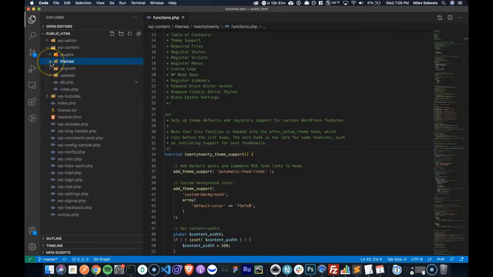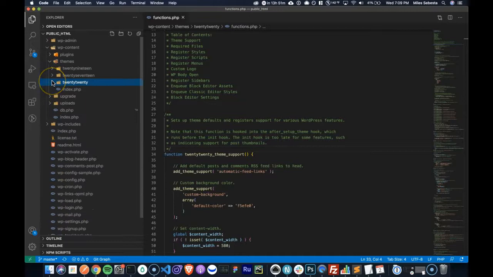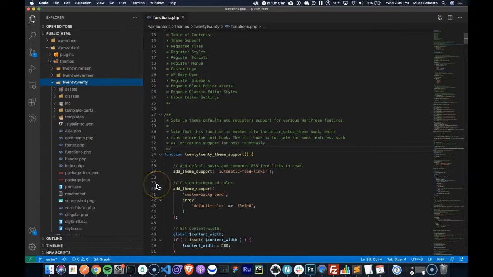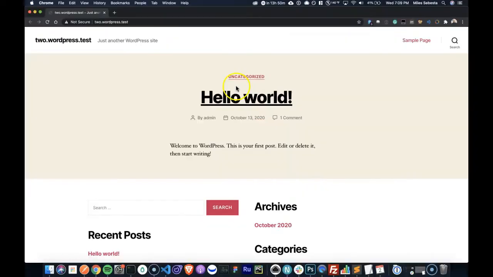Now, this isn't the best way to do it. You would actually want to be doing this code probably in a plugin, and I'm going to be making a series on how to create a plugin. Or if you're going to edit your theme, you're going to want to make sure that this is a child theme. Now you'll notice that this isn't a child theme if you're a WordPress developer. And if you don't know what a child theme is, you'll want to look that up. But essentially you want to put this into a child theme if you are modifying one of these themes,